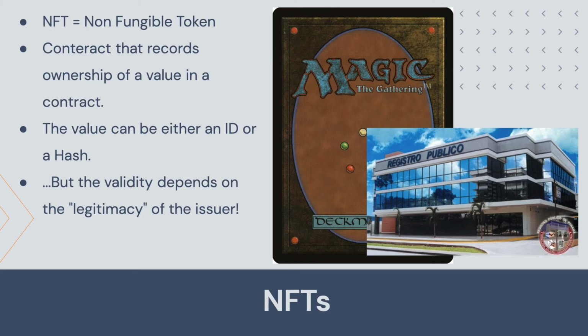You can essentially go to the web page of the public registry and print the same data that they charged you for. But why is the data printed on your own computer not as valid as the data with the stamp from the public registry? The reason is that the stamp gives the public registry legitimacy.